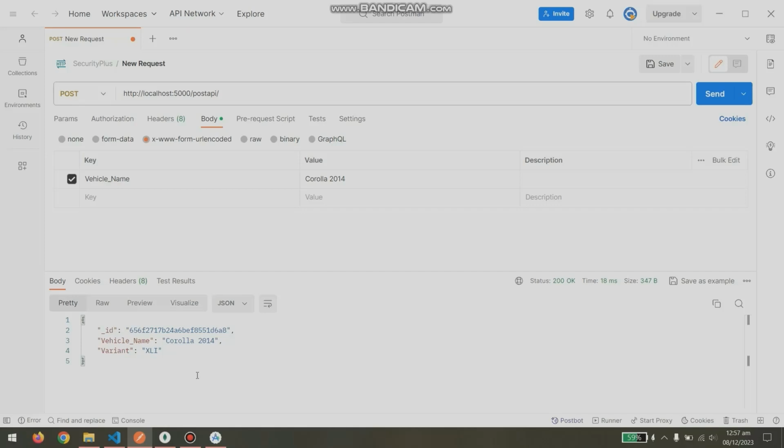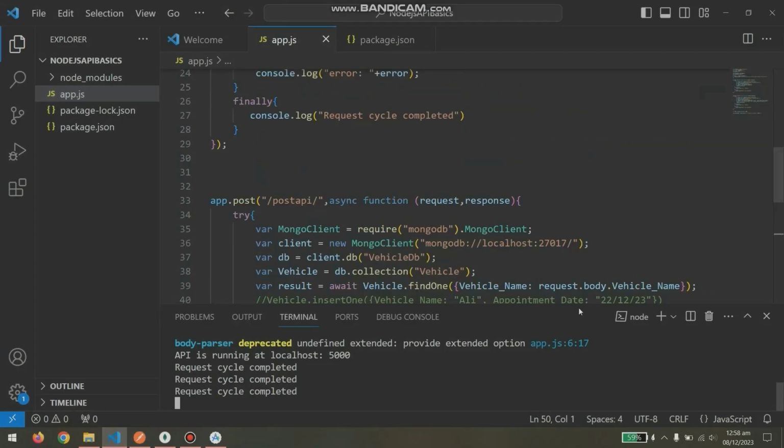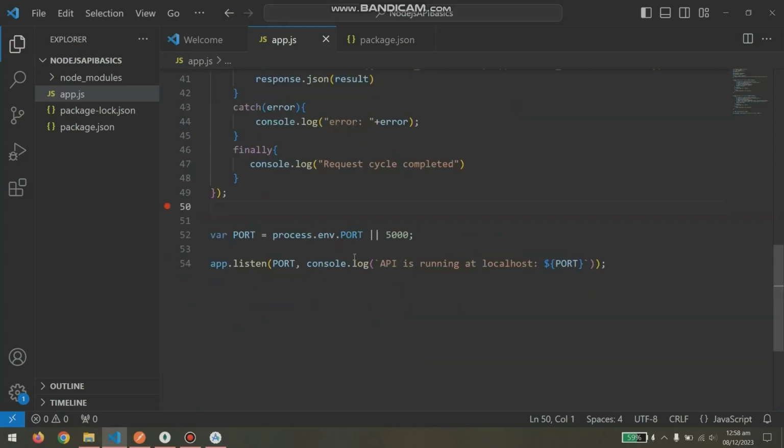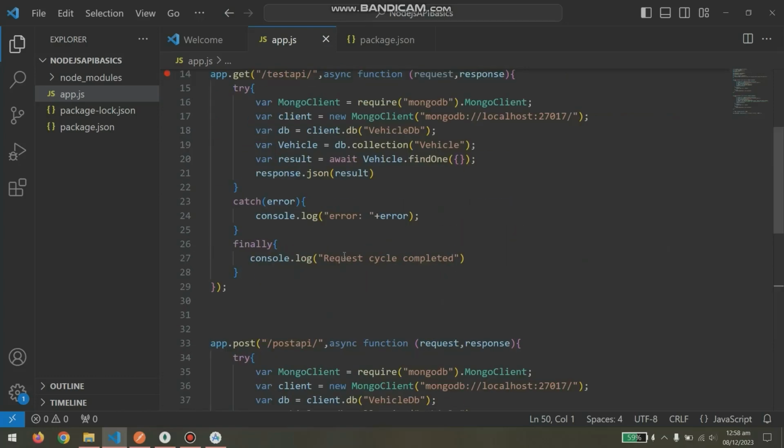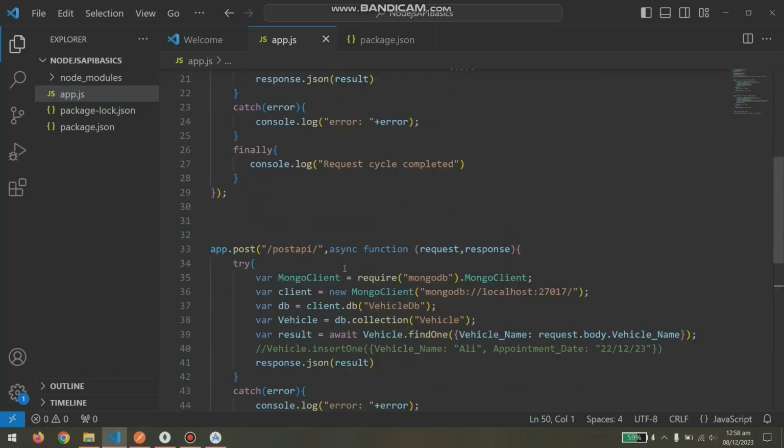In our previous lecture we completed how to create NodeJs APIs to fetch data from MongoDB. Now we are going to continue with fetching that data in Flutter after getting it inside the NodeJs API. So for that we are going to create a Flutter application and add a few things like where to populate the data. We already know that we have these two APIs that we did in the last video. One is for get and one is for post. So we also know how to